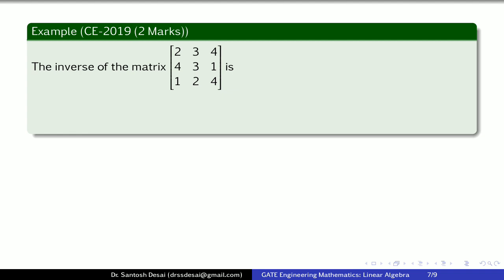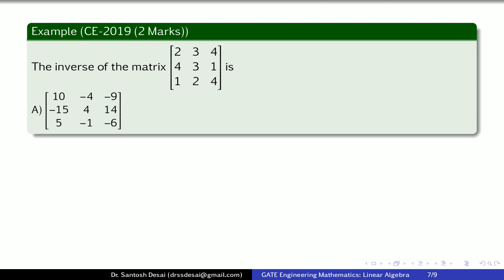Now we consider the inverse of a matrix of order 3 by 3. If you want to use the given formula, then you have to calculate the 9 cofactors, and it takes too much time to calculate the cofactors. Again you have to take its cofactor matrix, then write its transpose, and then divide it or multiply it by 1 upon determinant of A, and then we will get the inverse of the matrix. But instead of that, you can follow the procedure given here.